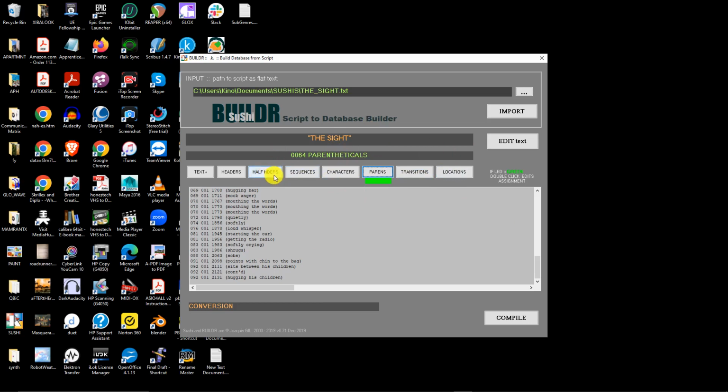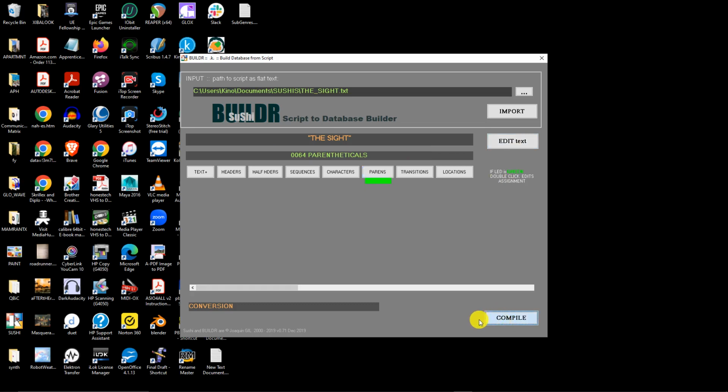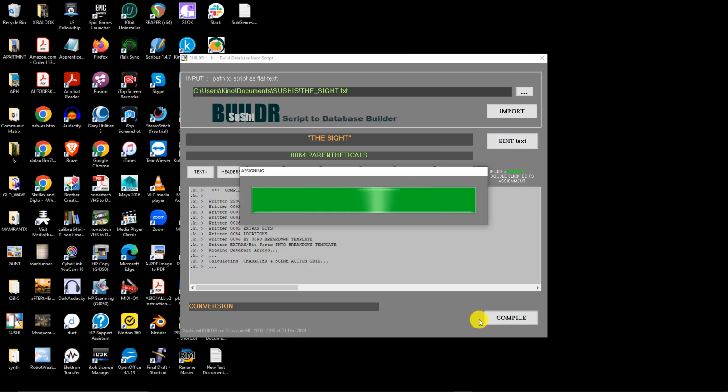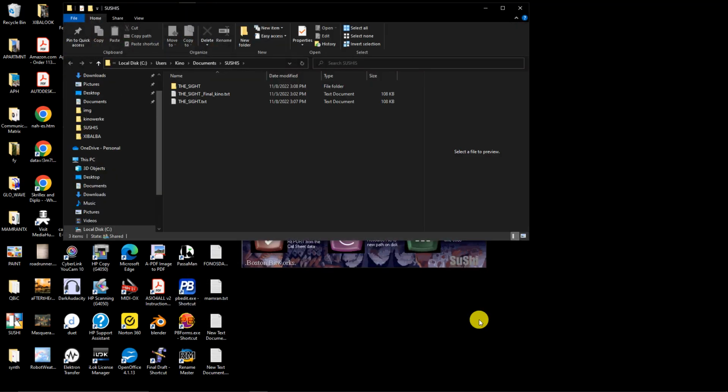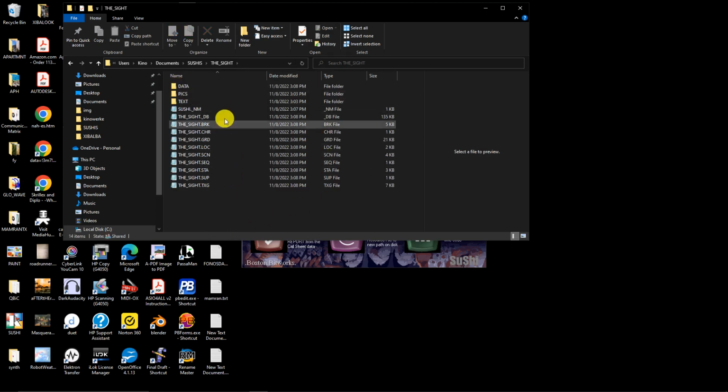Once we're happy with all the edits that we have done, we compile and the program will create the directory with all the files required inside. Here's the directory with the same name as the file that we used to originate it. And inside we have a structure for data, pictures, and text, and a series of files that contain different kinds of information on the